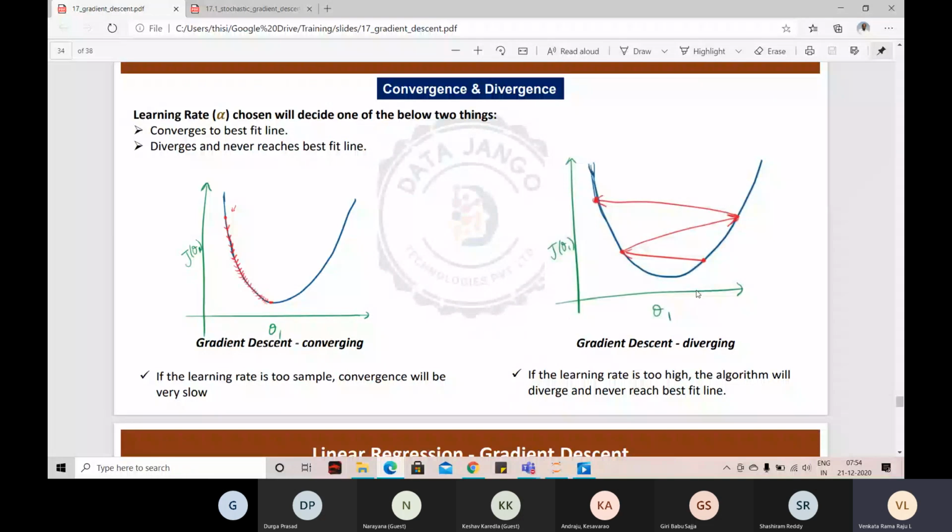If your step size is big, it may diverge, right? It is actually jumping like that, like a person putting his second foot there, second foot there, second foot there. If your step size is small, you will actually move towards the global minimum. If it is even smaller, you will move, but it will be slow. By the time it finishes 70 iterations, it will have reached here only, and you will still have higher error.